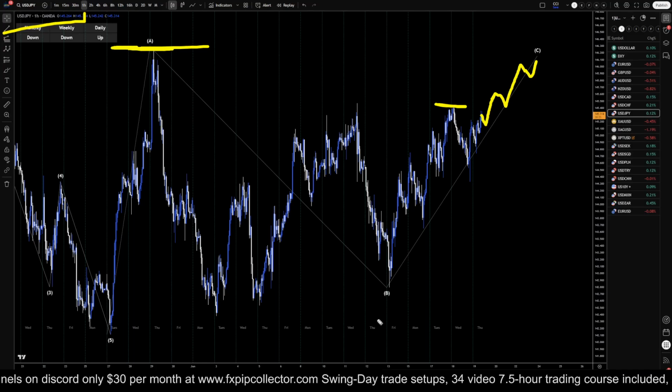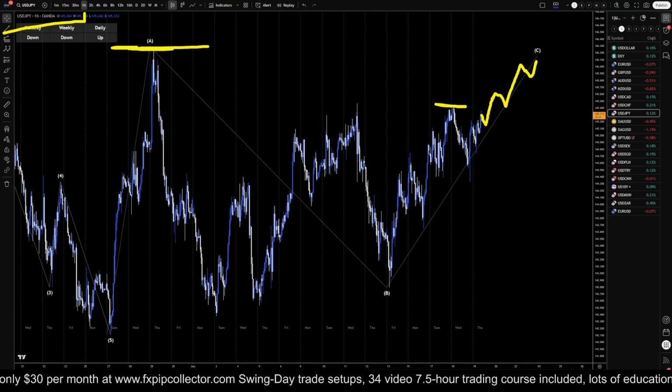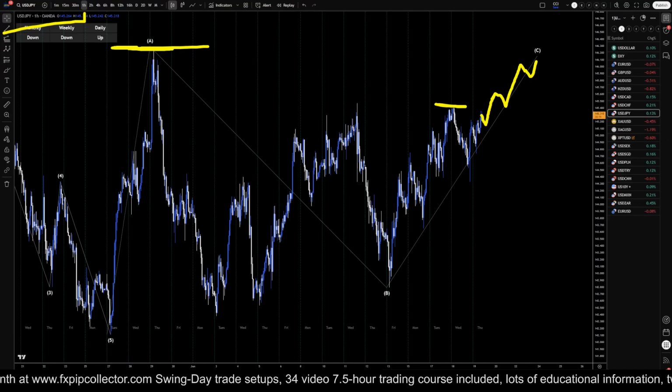out this high. So as always, definitely keep an eye on your structure levels because most of the time that will keep you trading in the right